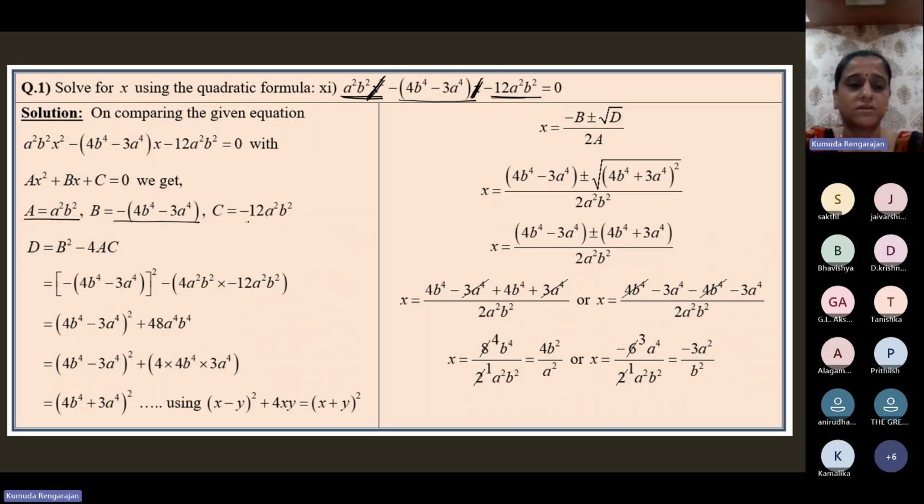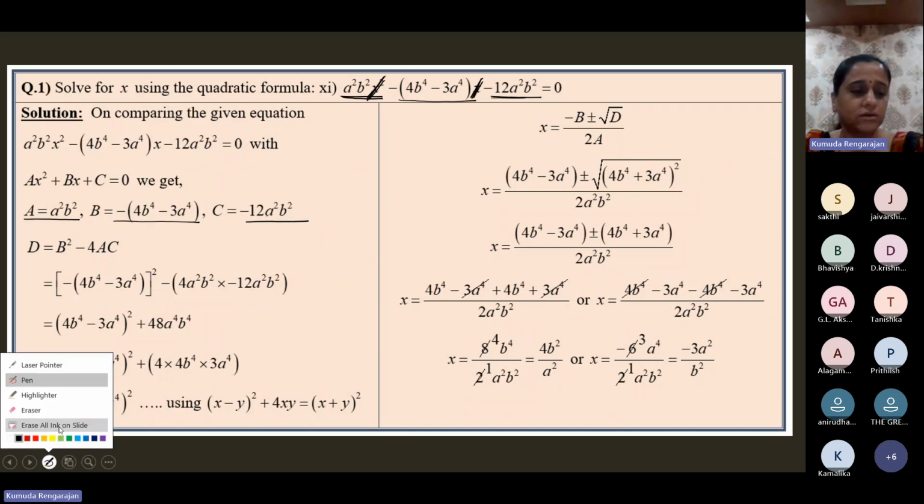That is c, with the sign. So these are the values of a, b, and c. Okay. Now